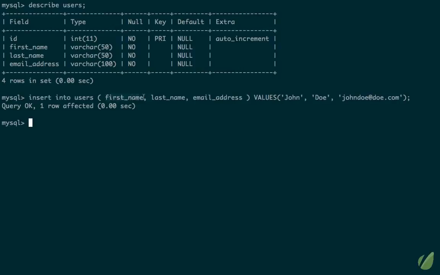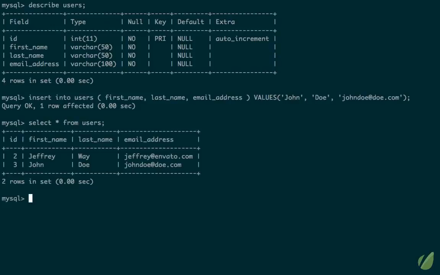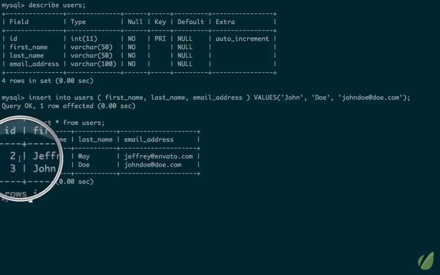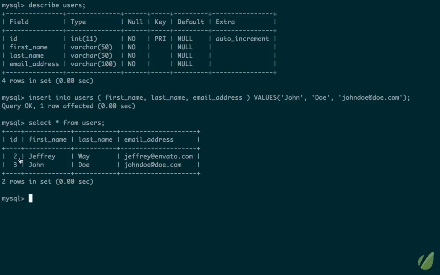Here we're saying we're going to insert these three columns, and then respectively, these three values. One more time, if I run select star from users, now we have 2 users in our database, and notice that those ID fields have automatically been set. So I'm going to clear the screen,